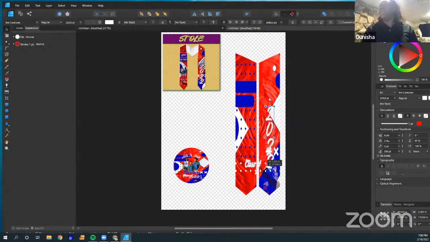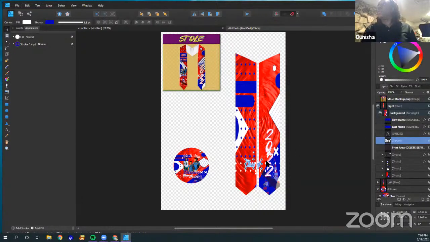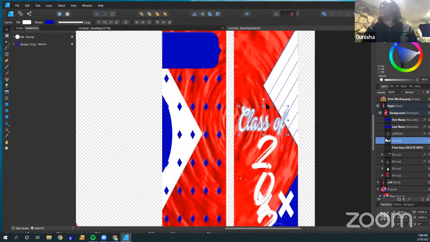And now let's just stretch it. And I'm just kind of eyeballing of what I did earlier from the previous set. So that goes right there. And then go back and grab the class of and put it on the top of it. I think I kind of tilted it a little bit.